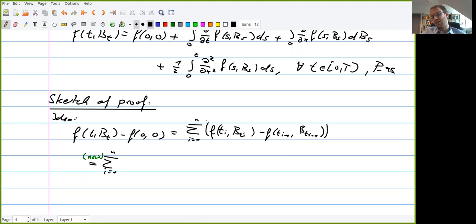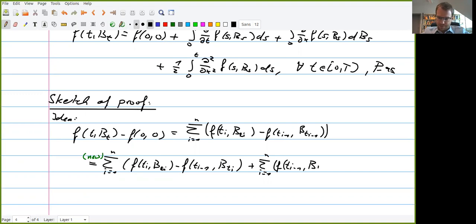We want to have an expansion in time and space, so we add 0. So let's do so. We have here t_i, B_{t_i}, right? And now we subtract. You make the time step go one step before, so you add the 0, which is minus 1. Okay, right. So you added here the middle term in each sum. Right, and now what we do is we